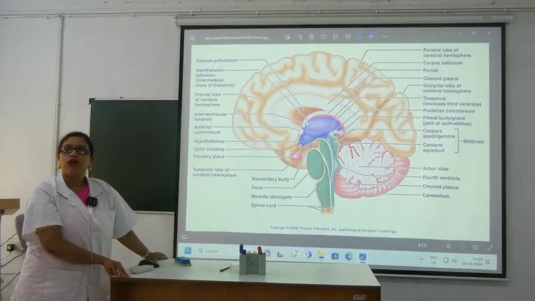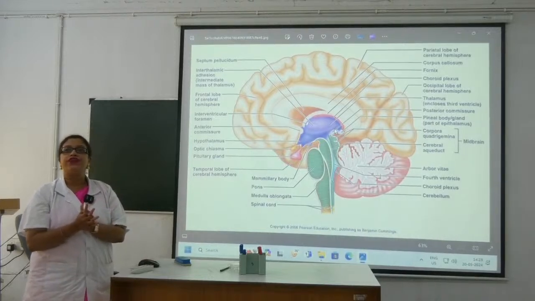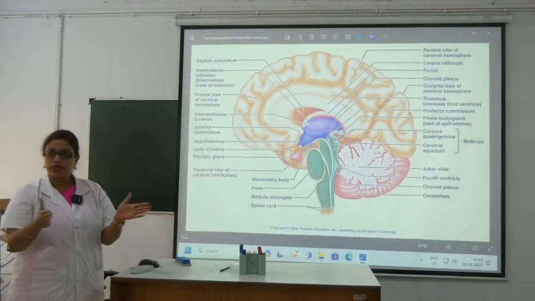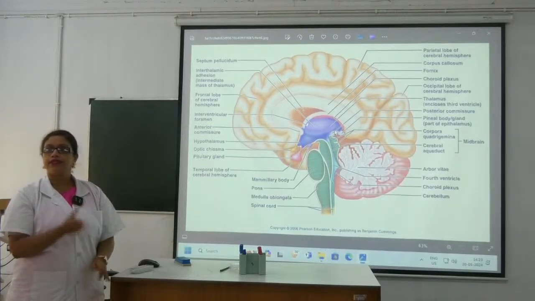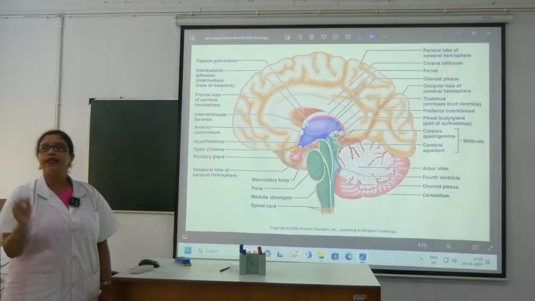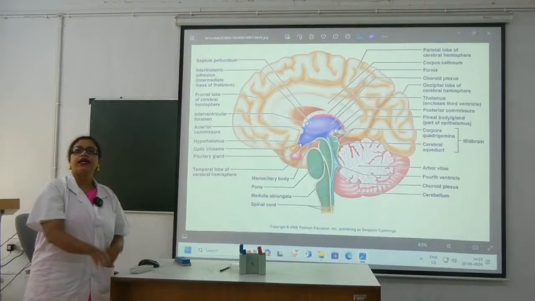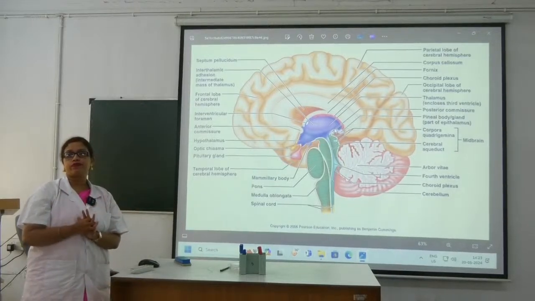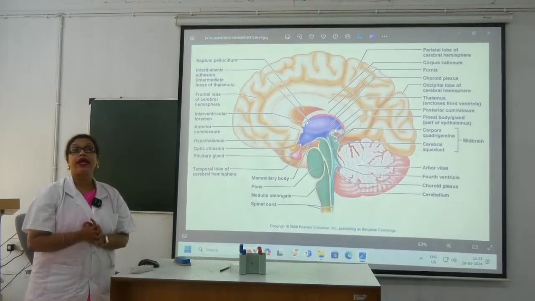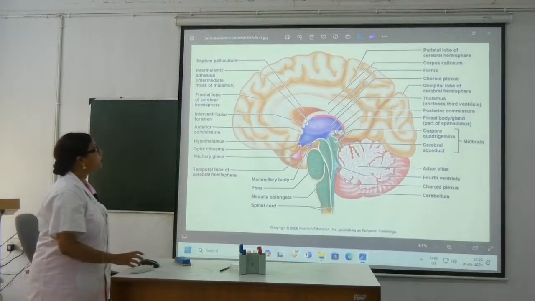সো থ্যালামাস হ্যাভ গট 5 পার্টস, and if you see the thalamus, I told it is related to which ventricle? Third ventricle, both side, তাই তো? মাঝখানে কি আছে? That is the third ventricle, and both side you have got the thalamus. So which is connecting line of these two thalamus? কি বলেছিলাম? Which fiber connecting the two thalamus? একটা নাম বলেছিলাম না, সেটা কি বলে? ইন্টারথ্যালামিক অ্যাডহেশন, তাই তো? ইন্টারথ্যালামিক অ্যাডহেশন।